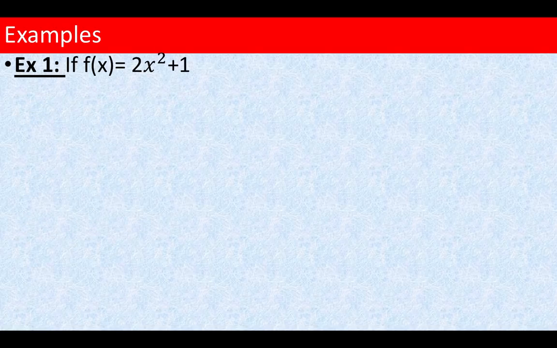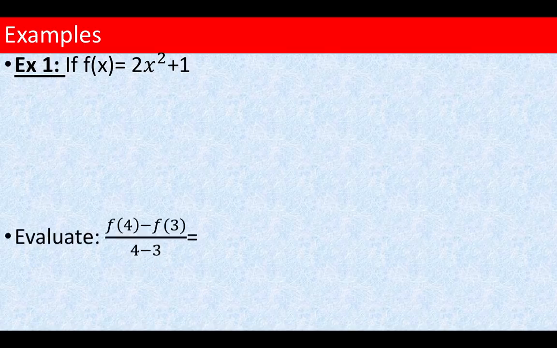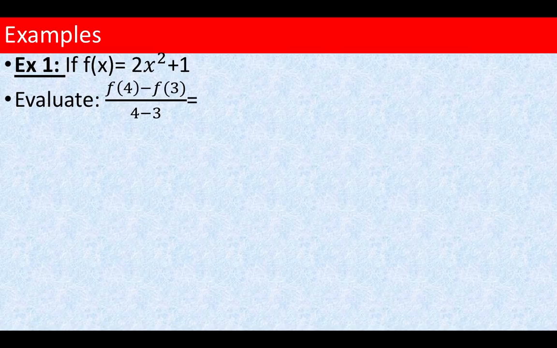Alright, so let's say I give you this function as an example 1. And I'm asking you to evaluate this. So right now, I'm not asking you to find an average rate of change. I just want you to substitute your function and evaluate so that you're used to seeing equations that look like this. So f of 4 and f of 3, we're going to subtract them and then we're going to do